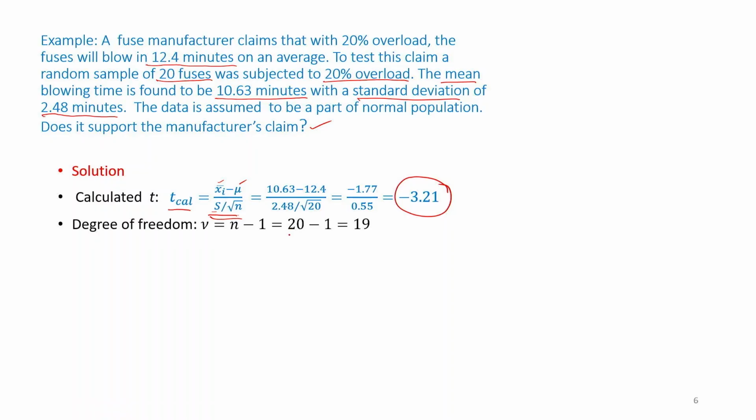The n value was 20. 20 minus 1, therefore it is 19. The probability that T will exceed 0.05